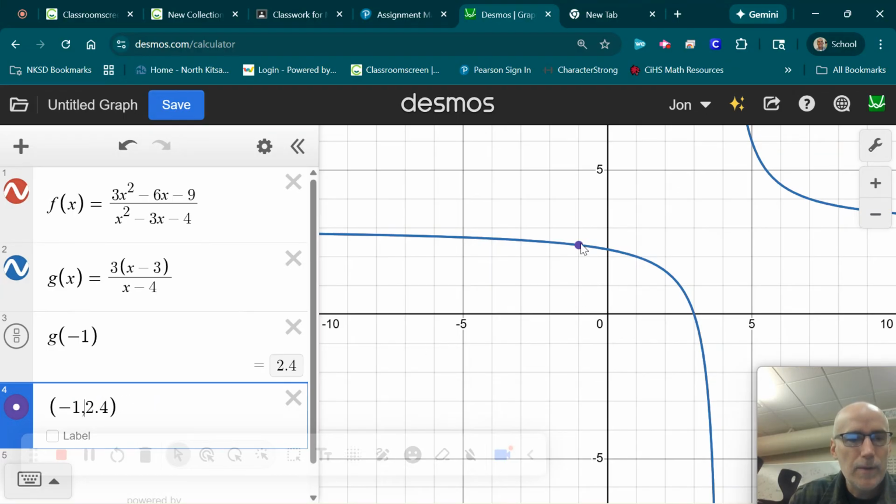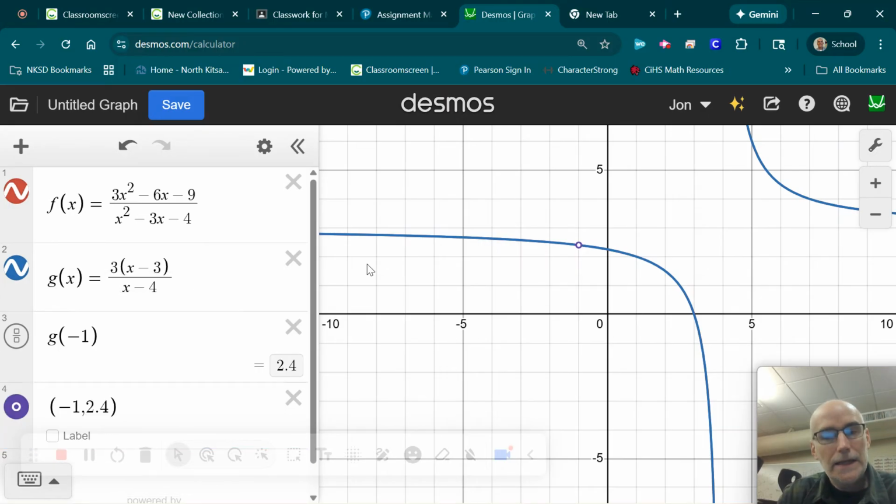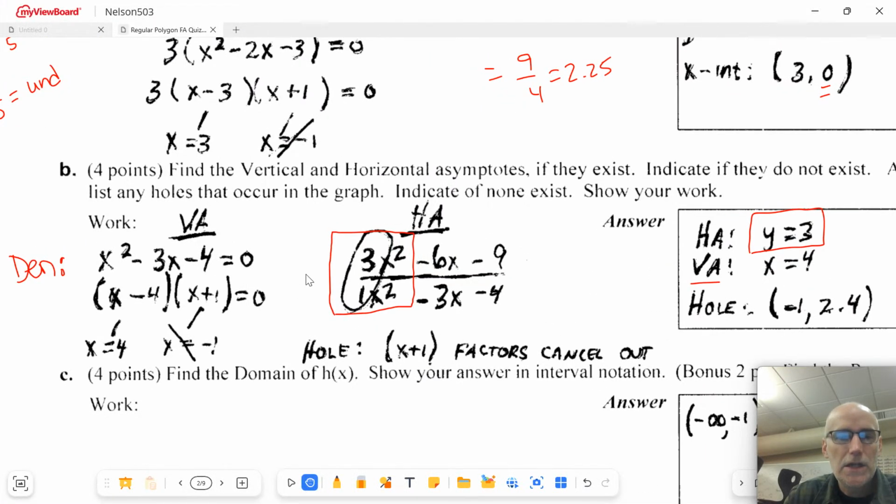And well, you might say it's not a hole yet. Well, let's hold down on the mouse on that spot and then make it a hole, okay? You see, you got to force Desmos into showing that there's a hole there. You got to know that information. It's not going to show it to you. And it'll cost you on the final exam if you don't do that kind of simplification and that demonstration of